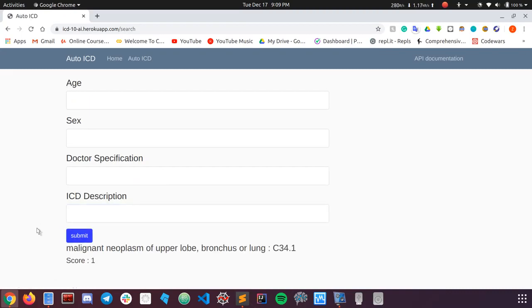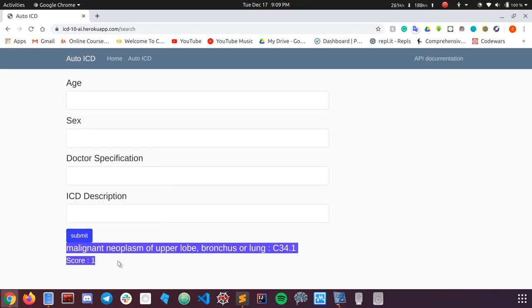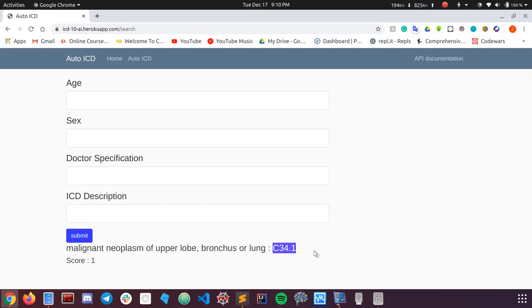Suppose in this case, it returned a single code for upper lobe for this patient details, because this starts with C, which means there is a good chance that it has seen this code somewhere in the training data, and that's why it's able to detect it and classify it.